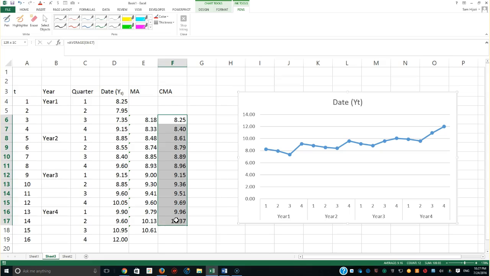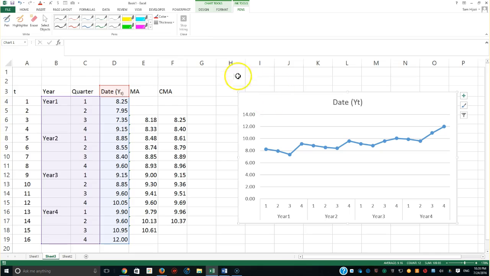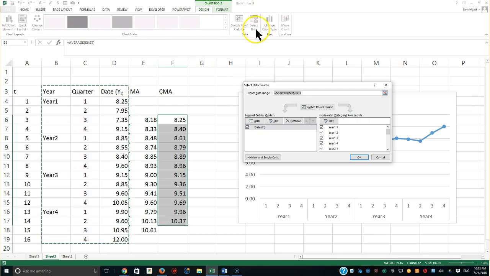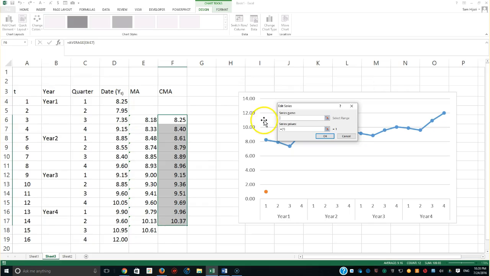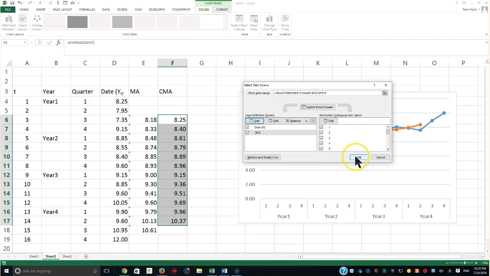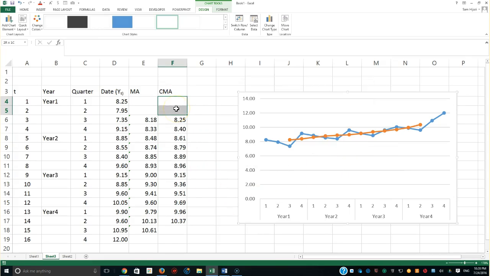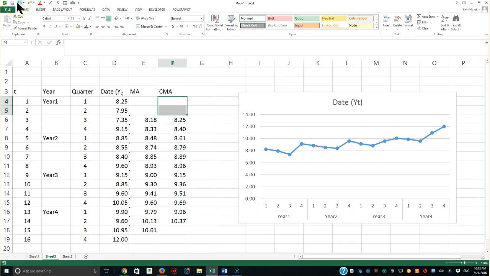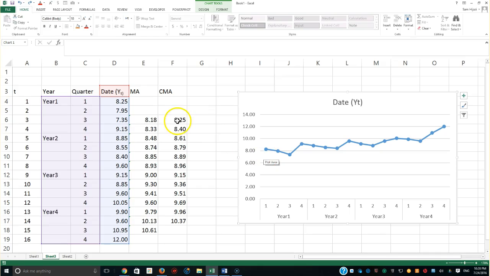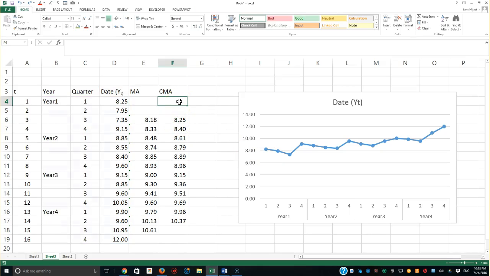smoothing of that data. I'm going to click on the chart, go to the design, and select data by adding another series of data, and this is the centered moving average. I want you to select also all of these, and I'll show you the reason. If I don't include these here at the beginning, let me undo and show you how big a mistake it will be. If I don't include this, notice it's going to start at the beginning with the 8.25 instead of having this to start with. So let me do that and show you what I mean by doing